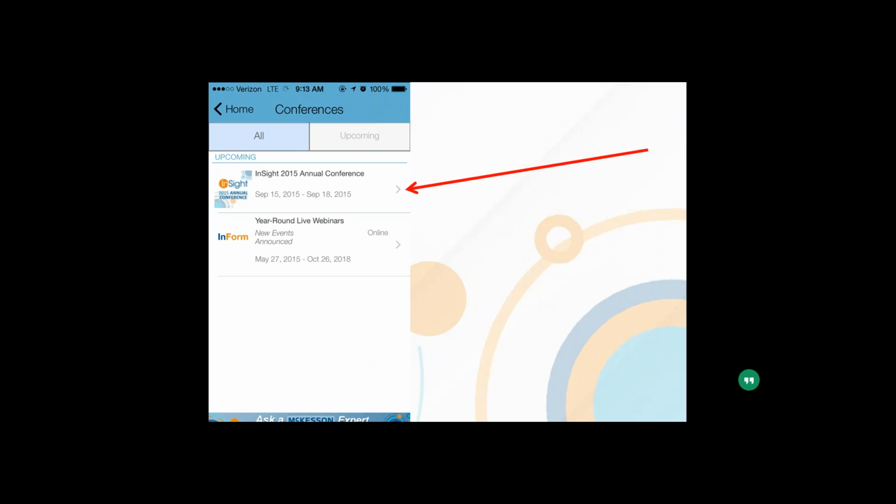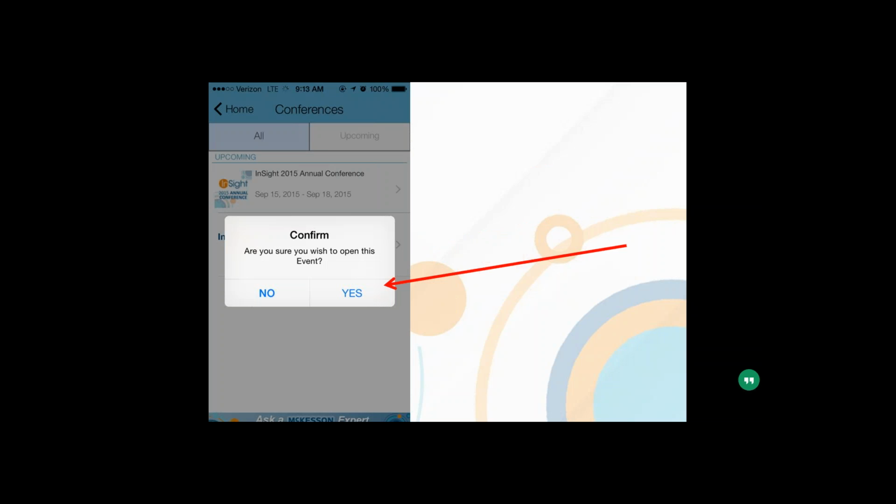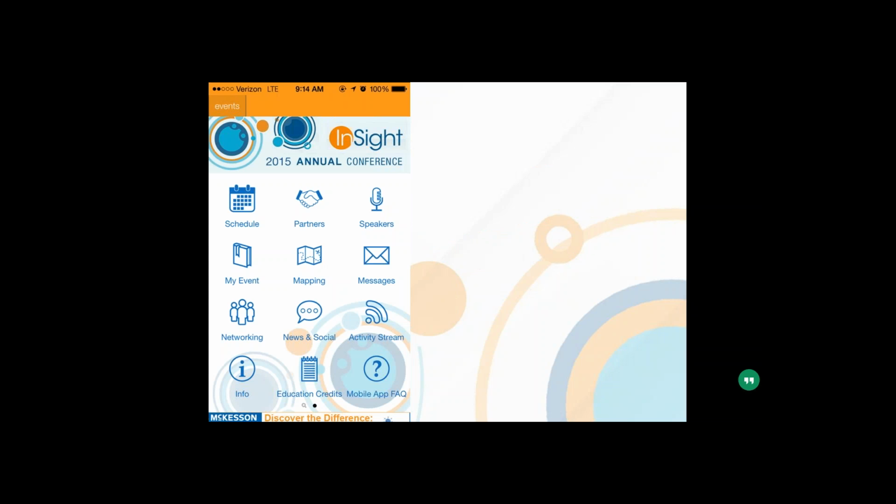And you'll have two options. The first one, of course, is InSight 2015 Annual Conference. When you select that, you'll get a little prompt here that says, are you sure you wish to open this event? And of course, you are, because you're at the event and you want to do this. So you hit yes, and it takes you right here to the whole brand new homepage for the app itself